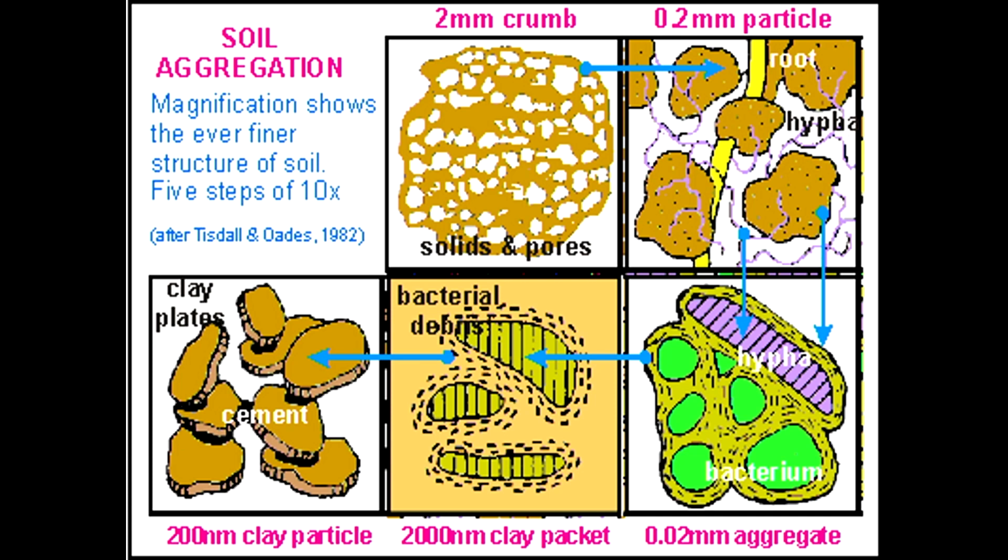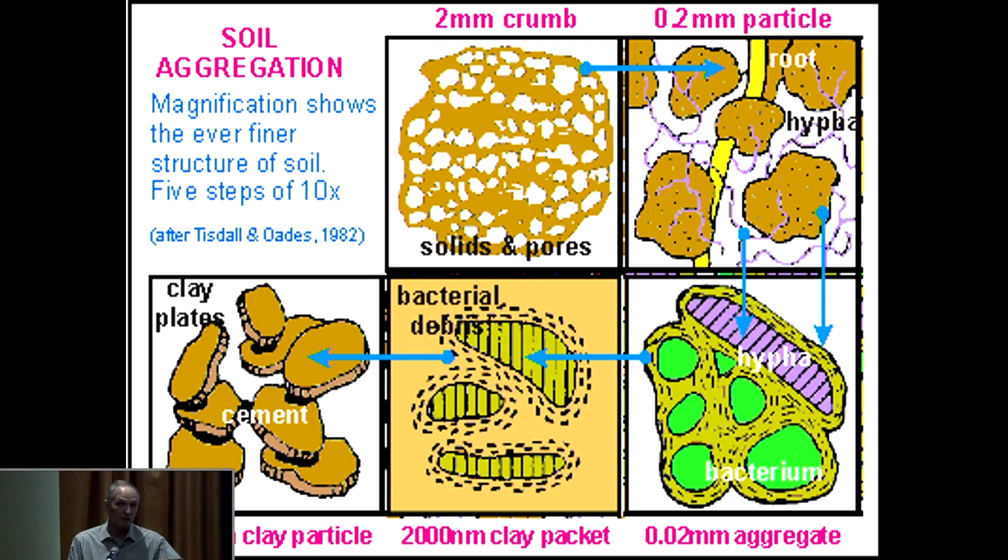And if you think about it, this is what tillage does. Tillage breaks these things apart, especially as we go from the crumbs up to the peds, and the peds are the things that you can actually hold in your hand and crush. That's what protects soil carbon. When we start to break those things down, that's when we see soil carbon loss to the atmosphere, and that's what we try to protect.